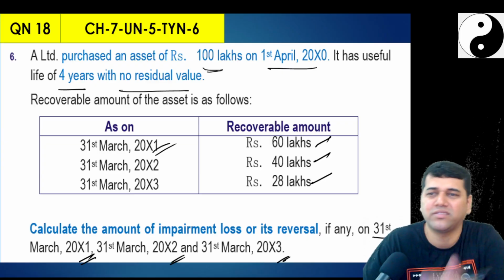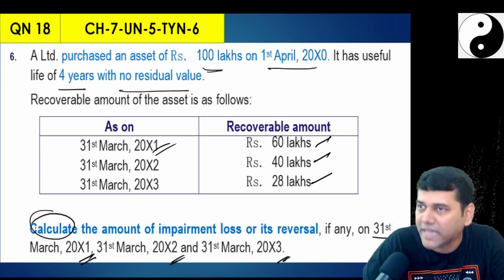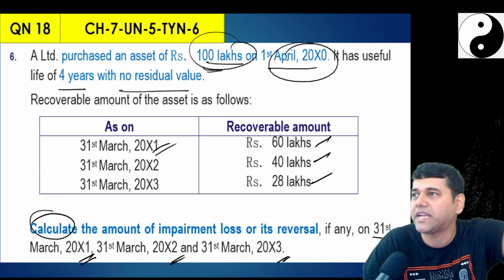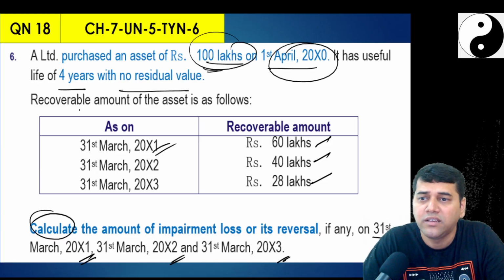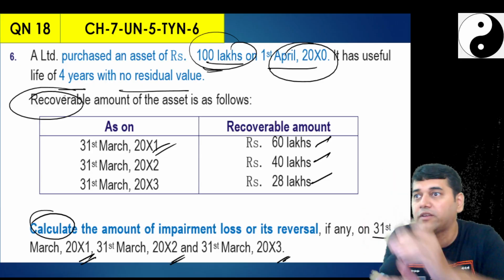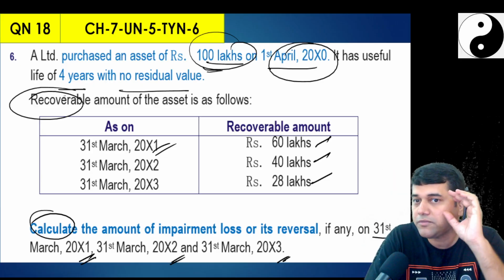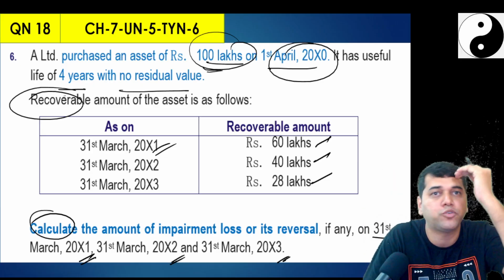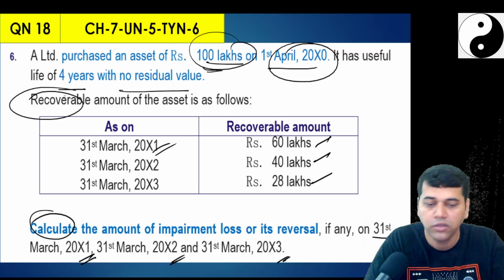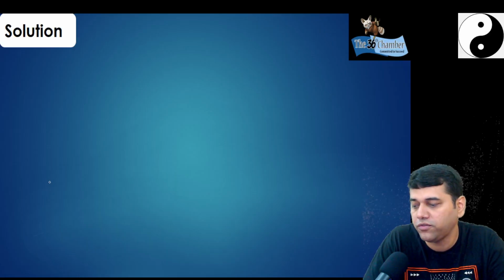Not required, because first of all they used the word calculate here. Book value 1st April, only 1 year depreciation, I can do the calculation there only. Straight away recoverable amount is given, not even value in use. Otherwise I should have done one working note for value in use. See, by looking at the question, a map should form in your mind. Okay, this way I am going to solve it. Follow, no? So start calculation of impairment loss